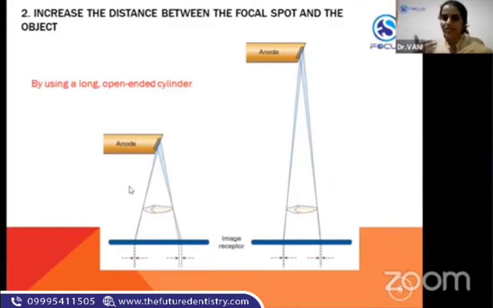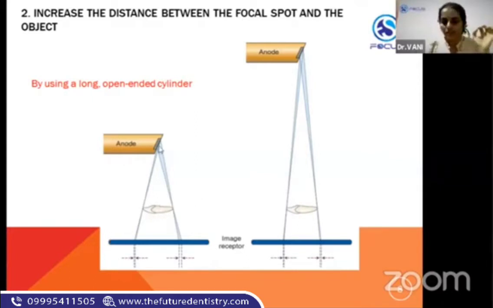As the X-rays travel through long distances, they diverge. They form a V shape, right? They diverge when they travel a long distance. So what happens here, as the X-rays are diverging, since this is a very short distance, those divergent beams are also touching the tooth and thereby causing unsharpness on the image of the area of interest itself. See, if the unsharpness occurs on the other portions of the image receptor where the tooth is not involved, that is okay. You can leave it. There is no problem.